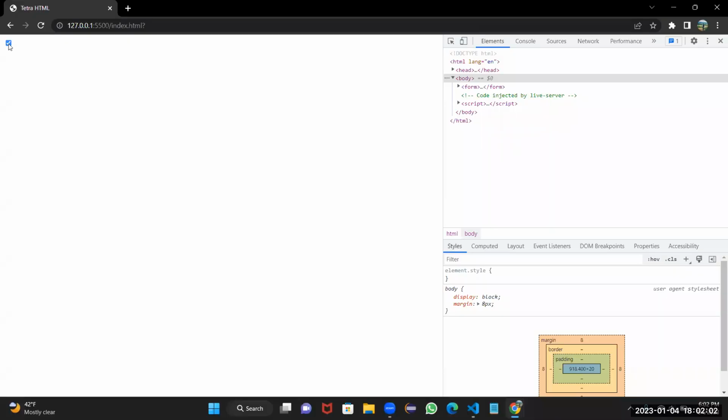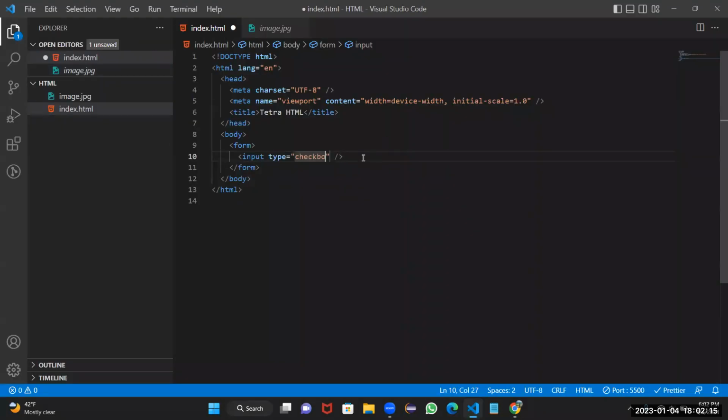So you can see here a checkbox is created. Just increase my font size. Yeah, you can see a checkbox is created. So this is one use case,